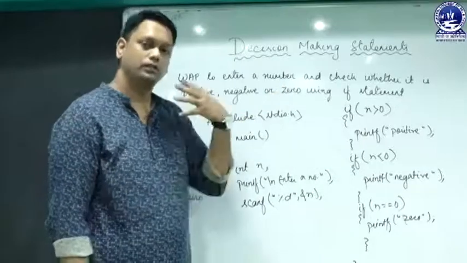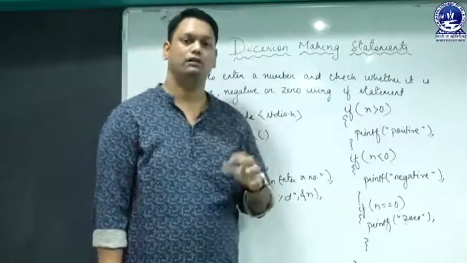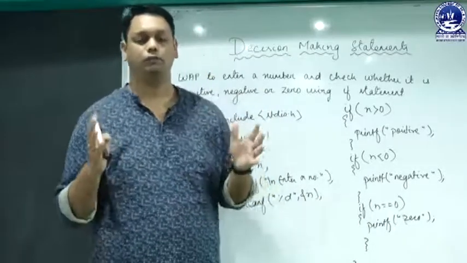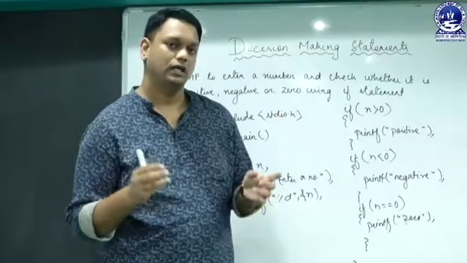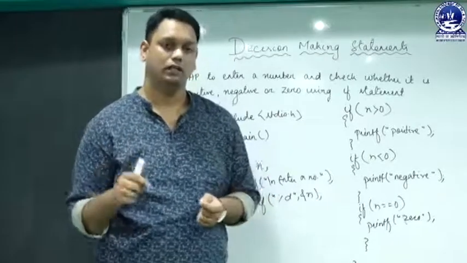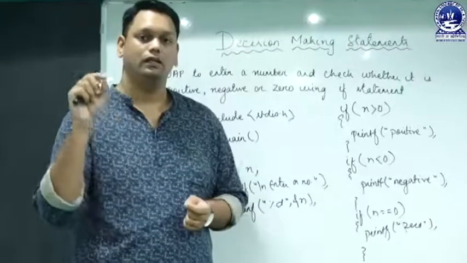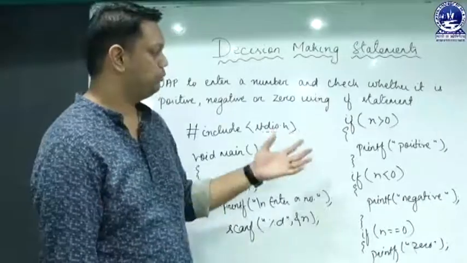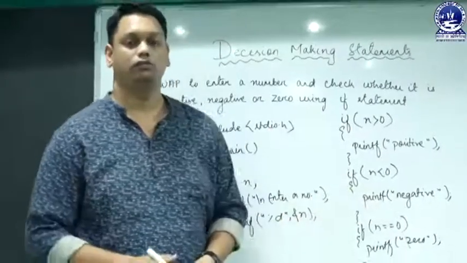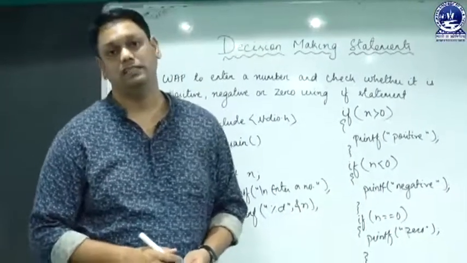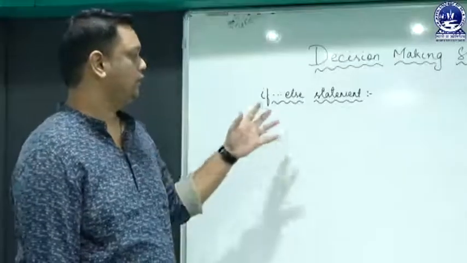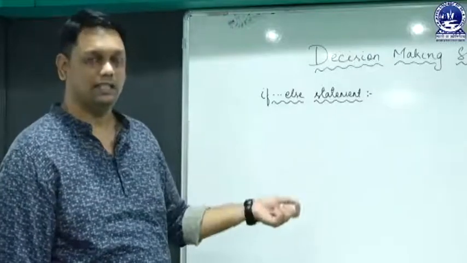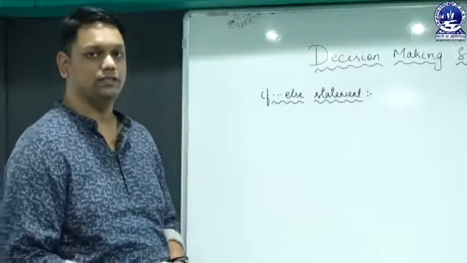So this is the program to check whether a number is positive, negative or 0 using the simple if statement. That means for the number of conditions we have to specify, we need that many if statements. If a program needs 10 conditions and we are following the simple if statement, then we are bound to take 10 if statements to satisfy the conditions. So this is the program of a simple if statement. Next we will be moving to the if else statement. Here we have another statement, that is the else statement. Let's see the syntax and an example of the if else statement.